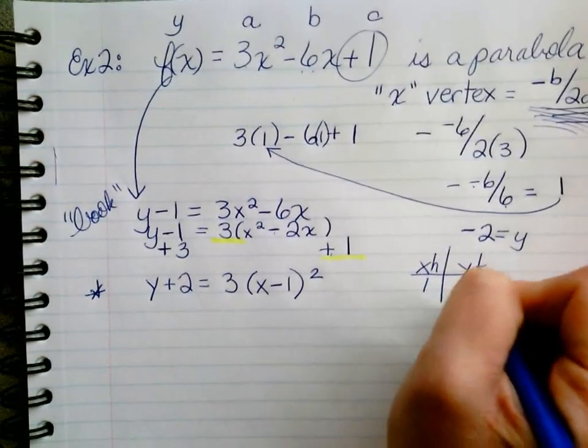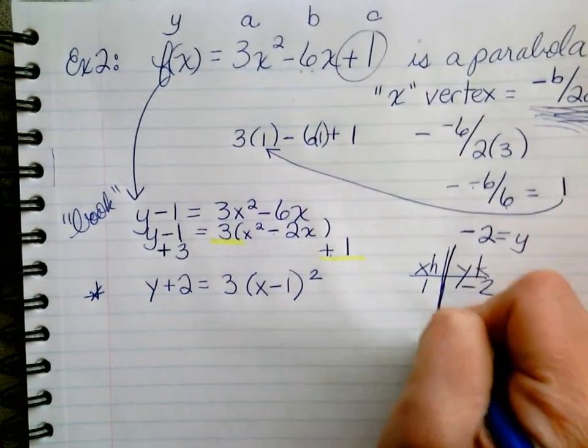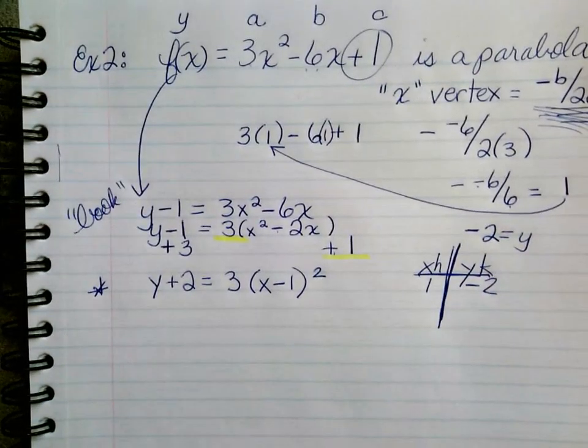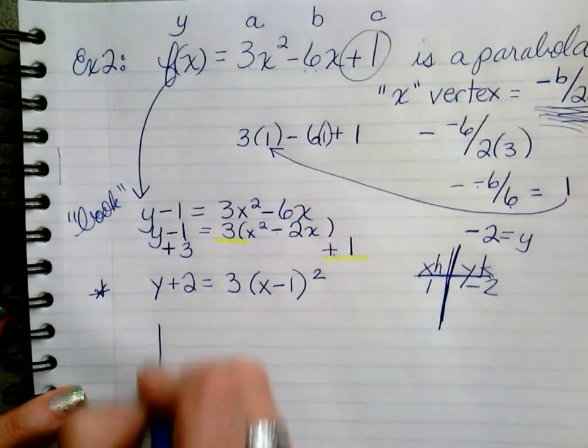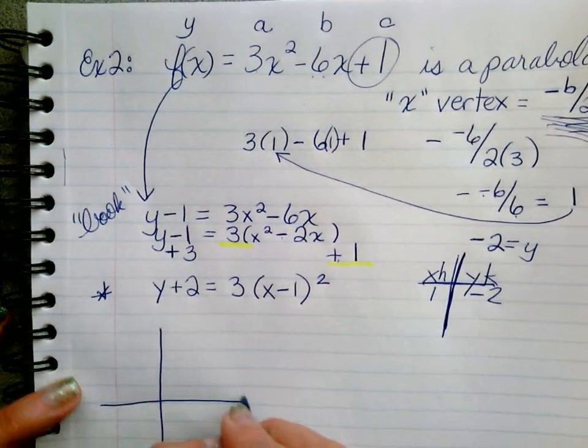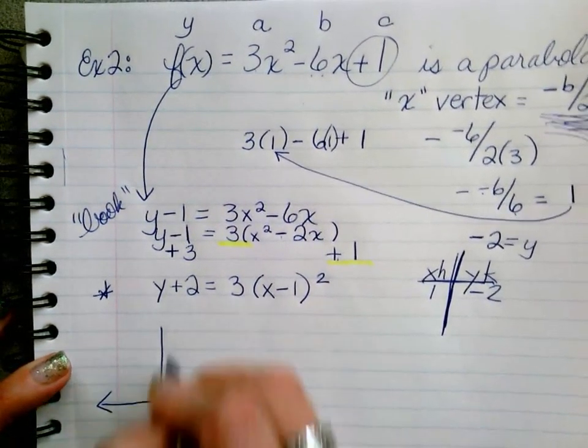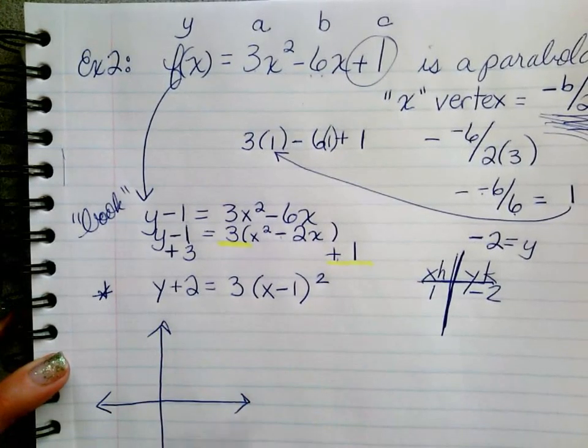Which is 1, negative 2, and I solved it the way they told me to solve it. Okay, now that I find the vertex, I can go in and find more points, but I don't know if you're noticing here, they're not really making you do that anymore, as long as it kind of looks like a parabola, unless they ask you for zeros or more information. But in any case,